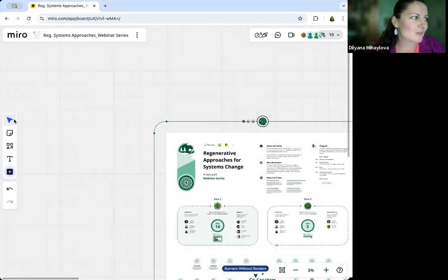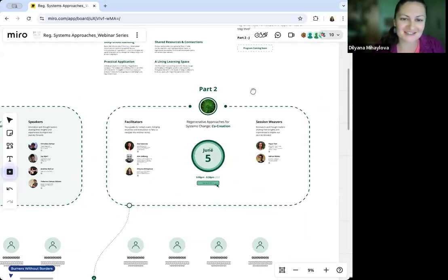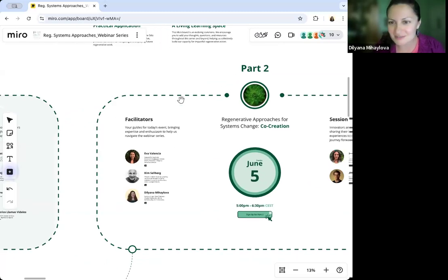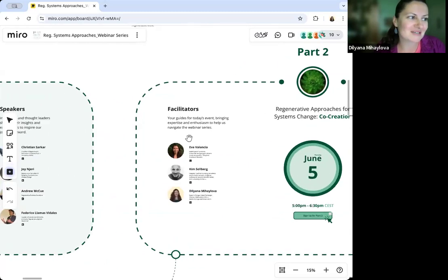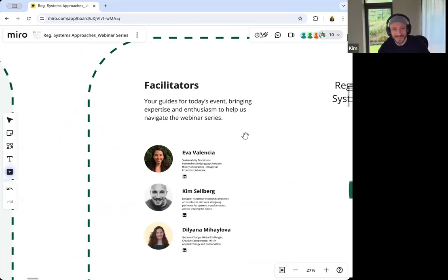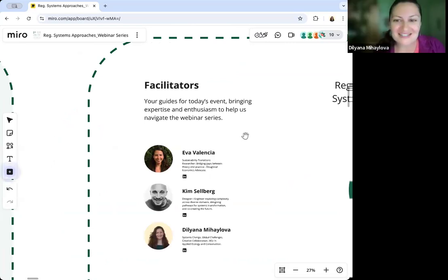And I want to give you a brief introduction of everyone who's been involved in this process. If you don't mind giving us a quick wave on cameras when I go through this. So from the Systems Innovation Network, we have our team members, Eva Valencia and Kim Zelberg. If you give us a quick wave, Eva and Kim. Hello. Thank you. Kim is the one who produced this beautiful Miro board we'll be using today. Thanks so much for this, Kim. And Eva has been coordinating and weaving this beautiful collaboration with the Network Festival, the FITO Network, and with Hajar, who's going to be sharing some of her amazing work in this regenerative space. So thank you so much for this, Eva. Really appreciate all these connections and all this work.